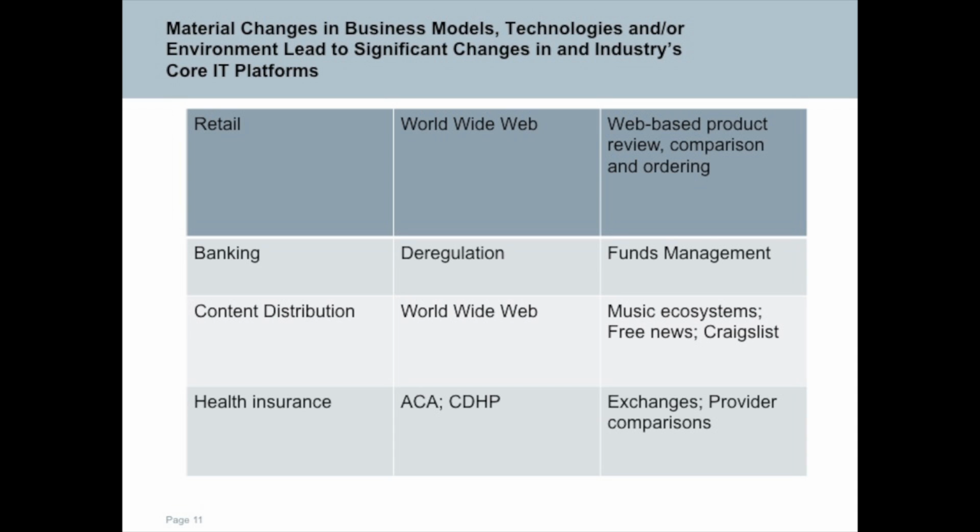You can see the effect of the web or the technology. Retail's a different animal now than it was 15 years ago because of the ability not only to buy remotely, but to do comparison shopping, to go into Best Buy and look at barcodes and then go home and buy elsewhere, or to do all the research before you go in. Similarly, content distribution. Actually, certain parts of the industry are being fundamentally destroyed, because the basic mode of a CD to get music out the door, print to get paper out the door, news out the door, is evolving. So you see in a couple of areas where the technology and/or regulatory and/or economic forces are changing the very nature of the systems, and that includes health care, the area that we're in here.